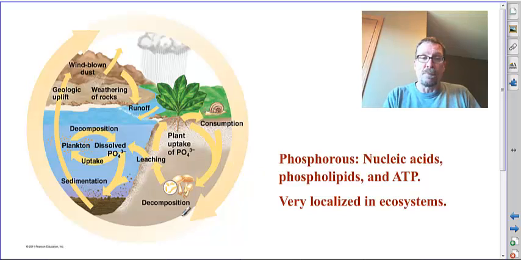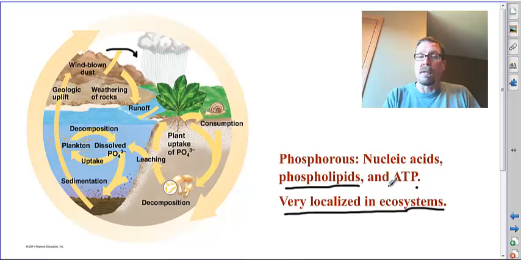Here's phosphorus. Phosphorus is the one cycle that doesn't have a whole lot to do with the air. There's not much phosphorus gas. There's a little from wind blowing and weathering of the rocks, but mainly our phosphorus cycle is in the rocks and the plants in the form of phosphates. Used to be believed that it was very localized in ecosystems. Of course, its importance is in nucleic acids, phospholipids, which are part of the cell membrane, the main component, and